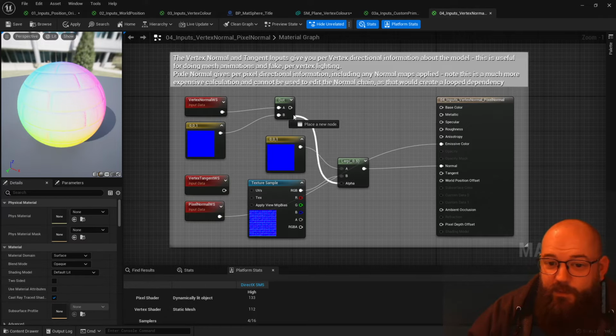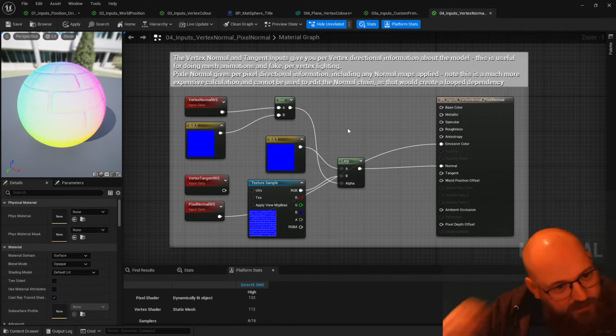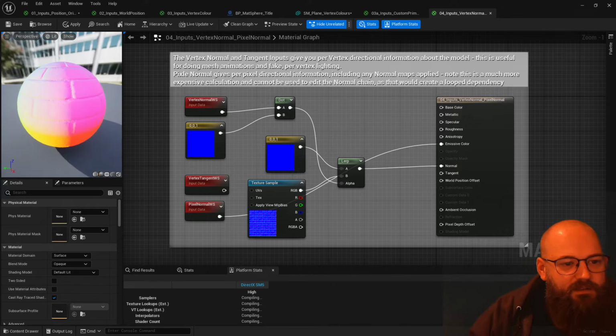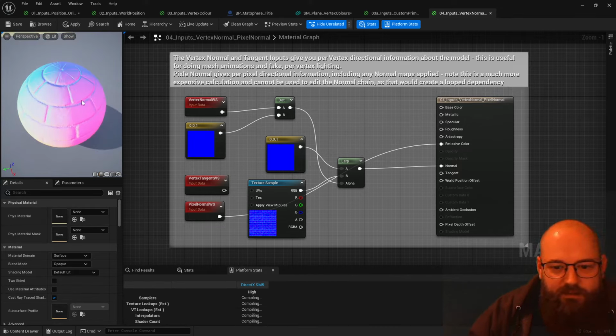So this is basically the example we'll be doing later, but this kind of works. So here we've got the brick normals at the top of our object because it's facing